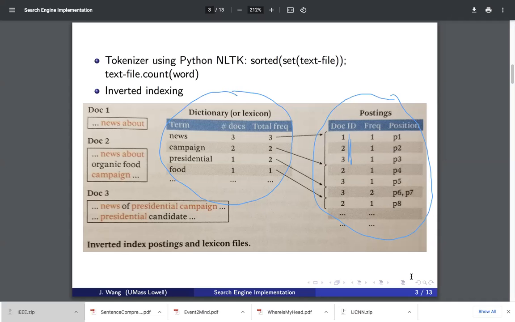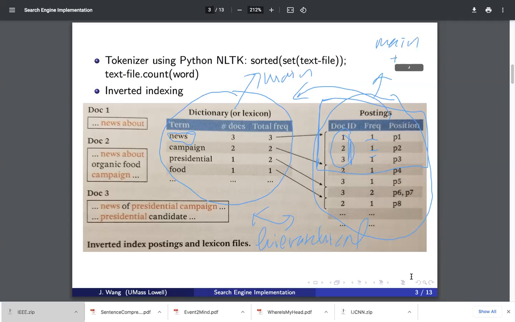So that means only when it's needed. For instance, when I search for news, I get these IDs, because I want to know this information. If this portion is not in the main memory, then I'm going to load it into the main memory from the disk. So you can think of this as a hierarchical structure. This part is definitely in main memory. This part will be in main and disk. When it's big, some of it will be in main, some of it will be on disk,